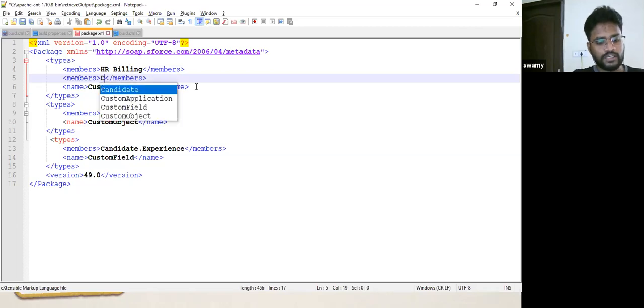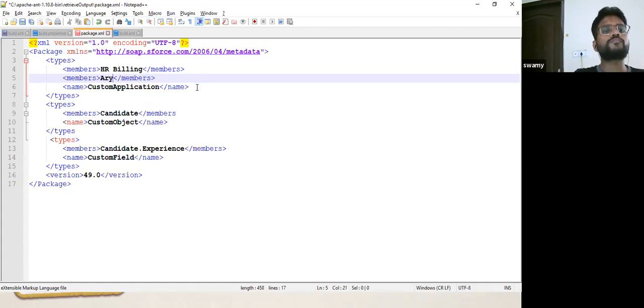Another app, say I have created for Arogya Setu, so that I can keep track of all the employees. So you have to give the member names individually here.